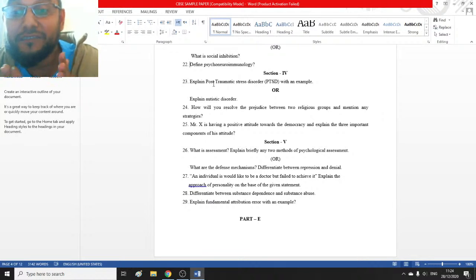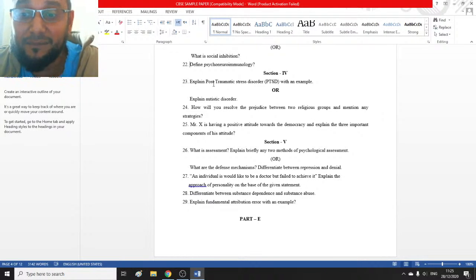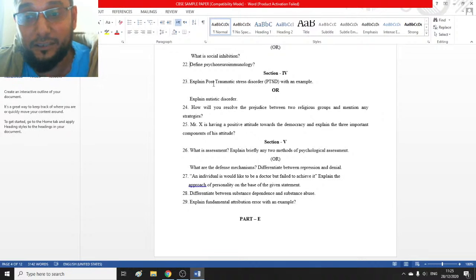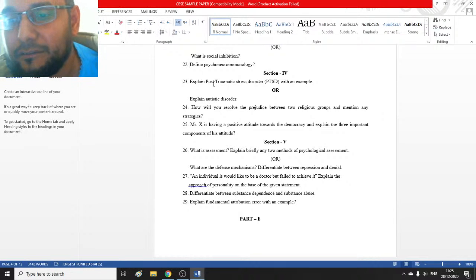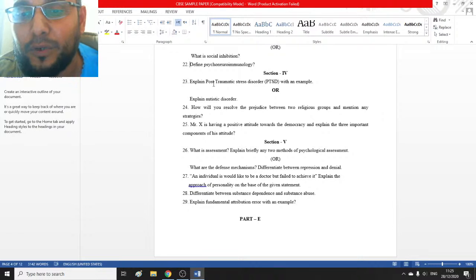Organize friendly sports and village games among people of different religions. But don't make one group of people with the same religion and another group with another religion. No, mix the people, combine the people. When you are able to use these types of strategies, you can help people understand each other in a better way, and the tensions will get reduced.